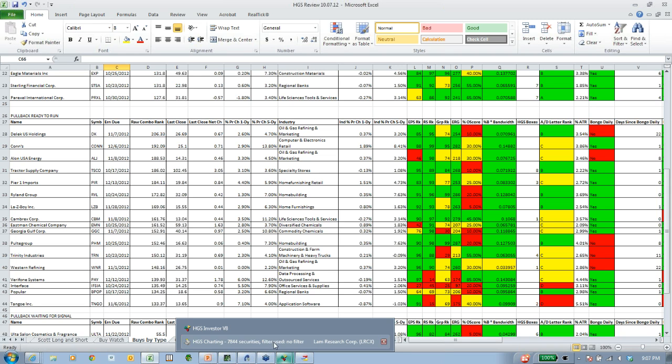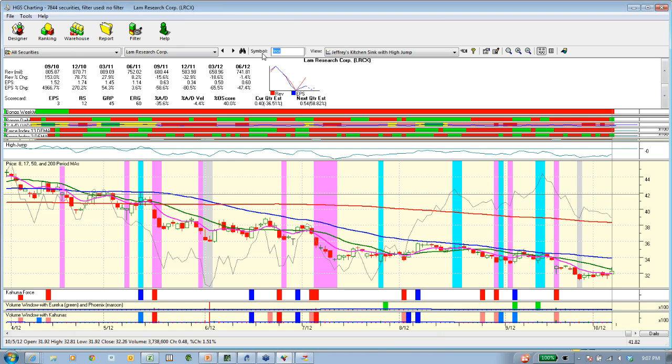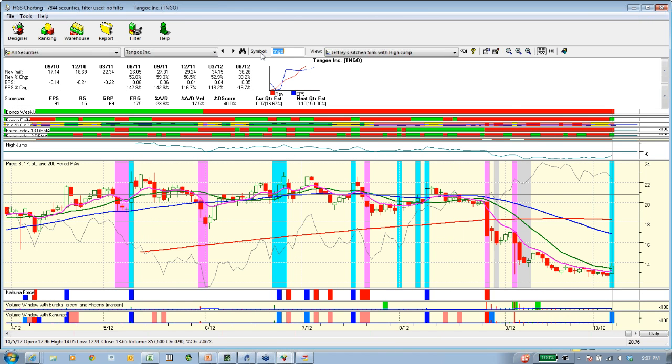Look at Tango as stocks that may be getting ready to turn around. TNGO had been a cha-cha-cha stock. It fell down. It's based. It had a pocket pivot and a kahuna come in. It's got earnings per share coming back into the stock. Now,